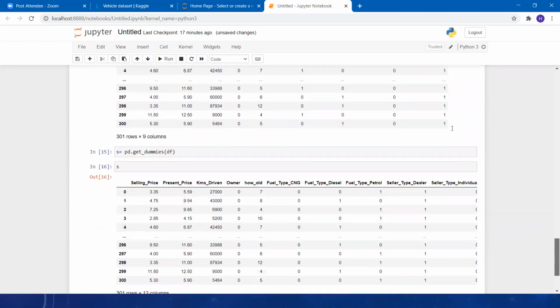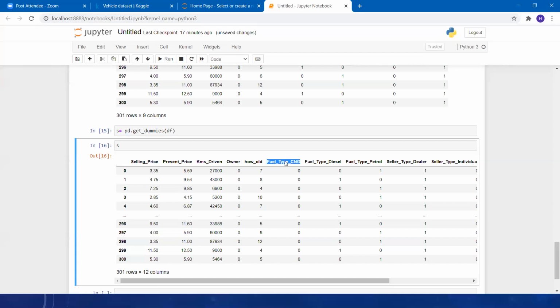Now here you can see we have three values over here. Now try to see over here. We have 0, we have 0, we have petrol 1. It will try to show us, no, you don't have any CNG in your car, no, you don't have any diesel in your car, but you have petrol. Right? Yes or no? In the chat.